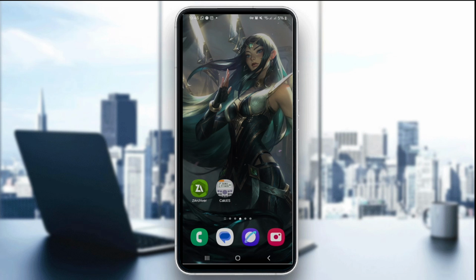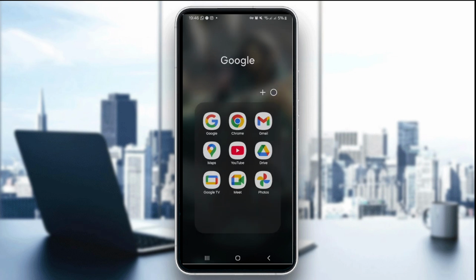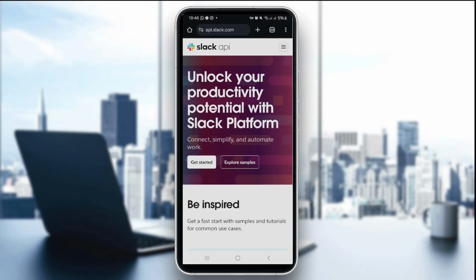The first step is to go to Slack's API website, and to do that, just open your web browser. I'm choosing Chrome for this one, and go to api.slack.com. Click on Get Started. Now after you click on Get Started, make sure you log in using your account's credentials with your Slack account. After you log in,